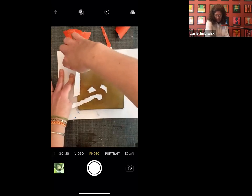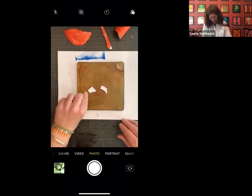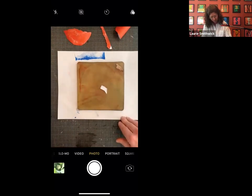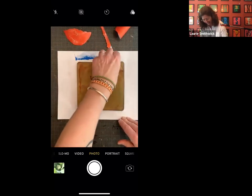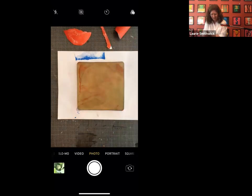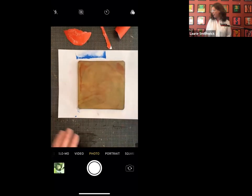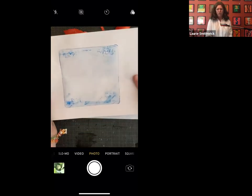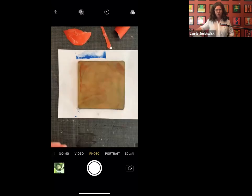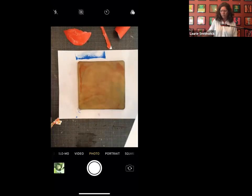Okay. So after you've got all your masks peeled off, we are going to pull our ghost print. Yeah, ghost print. Forgot about ghost print. Get a ghost print off of this. All right, so you could do one of two things now. If you want to, you can take a new page, or what I'm going to do is take my ghost print page from my first print and pull the ghost print on this ghost print page. So now you get to see where this registration comes in really handy,